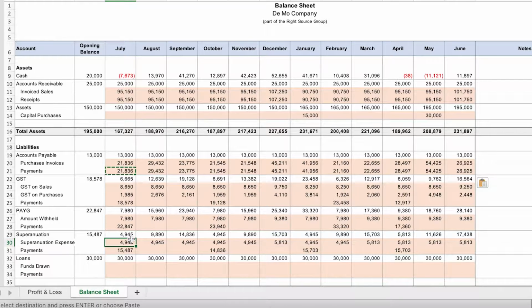Running through this again, it ties to wages. It comes in two lines: how much super you're liable to pay, which is derived from the budget you've made in terms of your employee costs, so there's a formula there for that. And when do you pay it? Super is payable quarterly, so that is set up in the template.